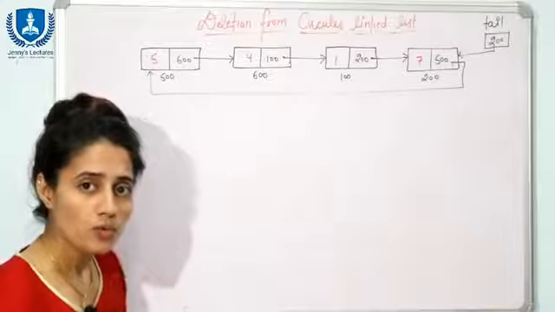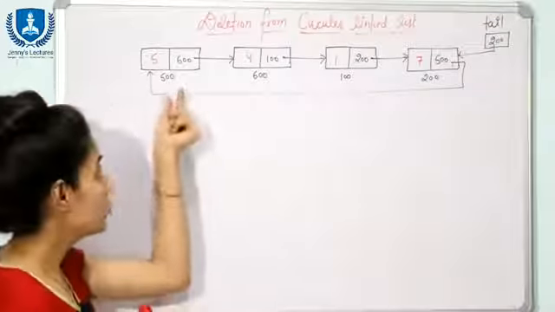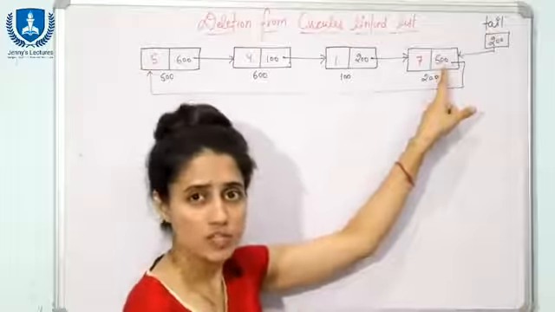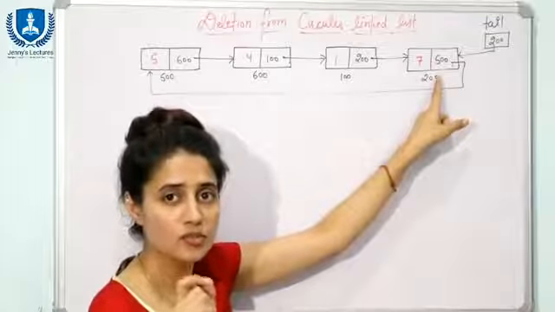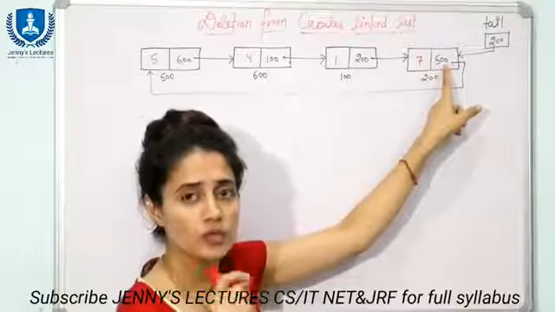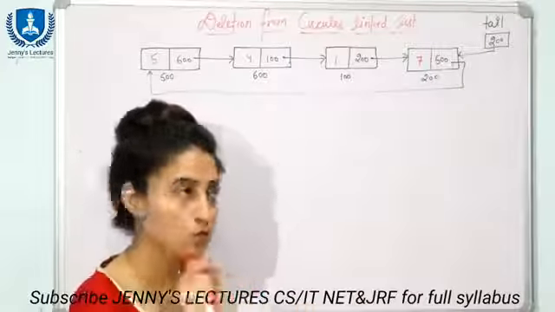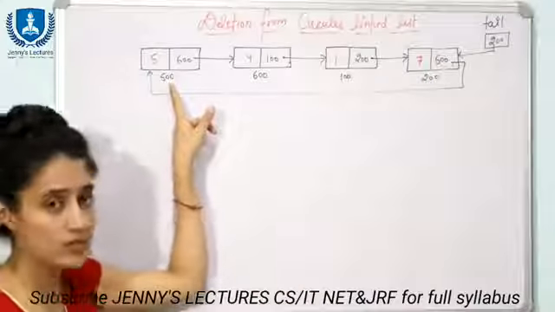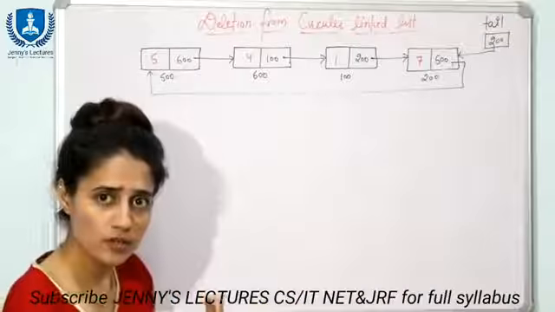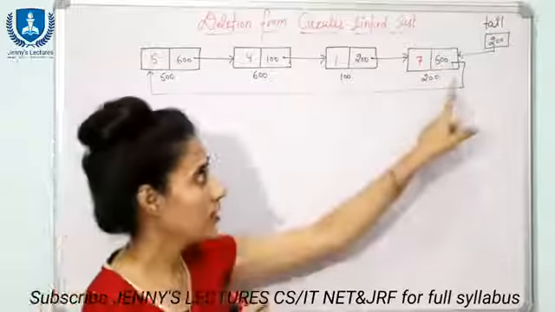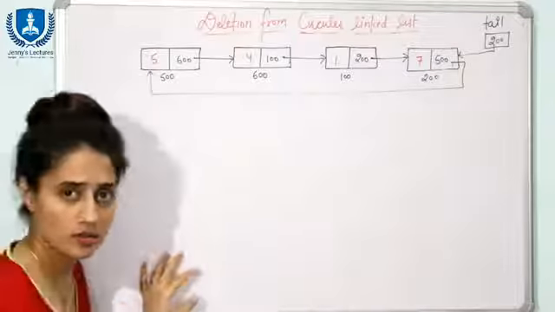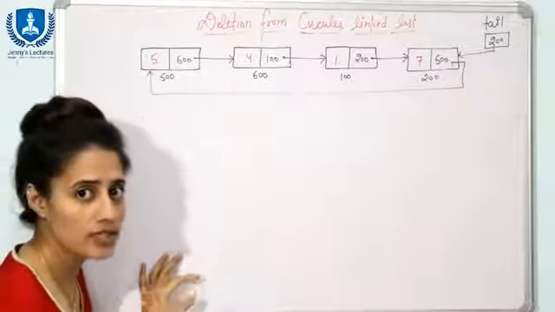So how we can come to know which is the first node, which is the address of the first node? See, always the tail next, the last node, is containing address of the first node. So this tail of next would always be the address of first node, that is 500, and you can see 500 is the address of the first node, right? So first of all we can take another pointer, you can say temp. In temp we can store this address, and after storing this, now temp would point to this node, and after that you can easily update the pointers.